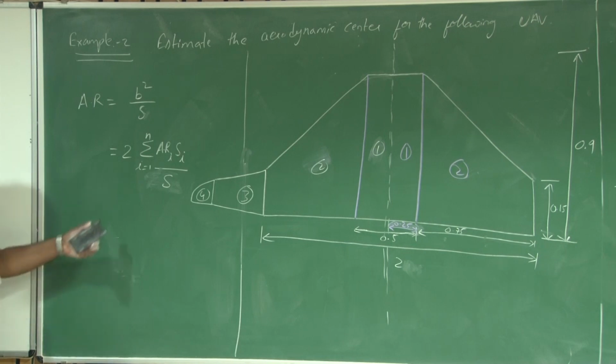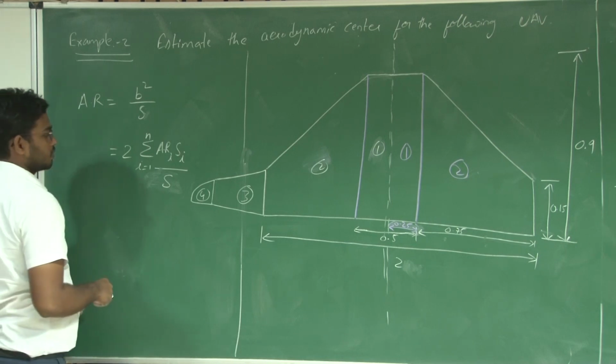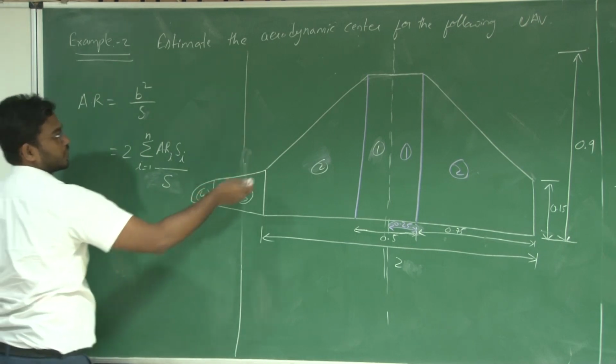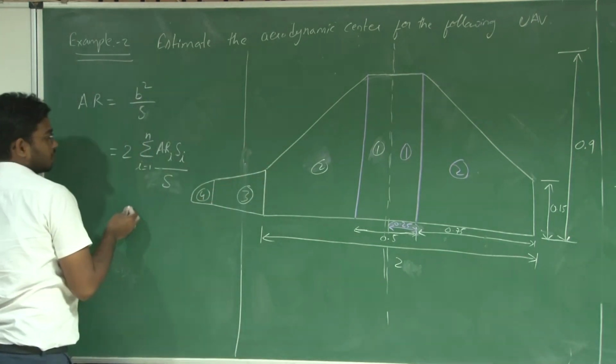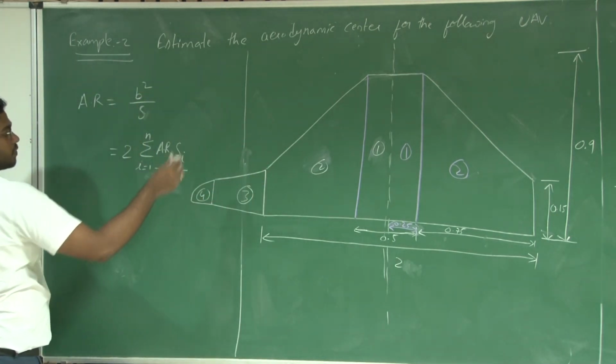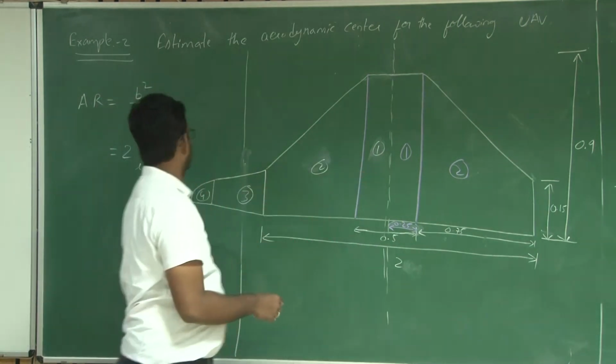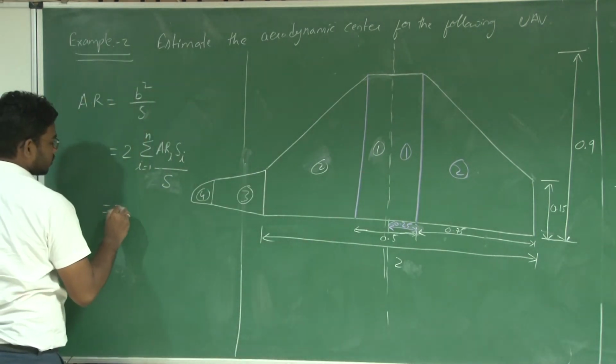So you can have n number of sections. There are different tapers at each and every stage. So for this configuration, say 1 and 2, what you have here is 2 times